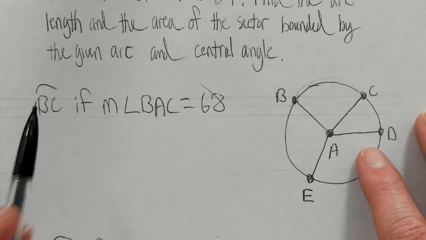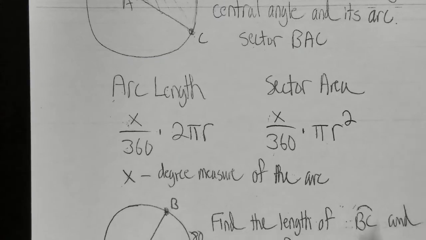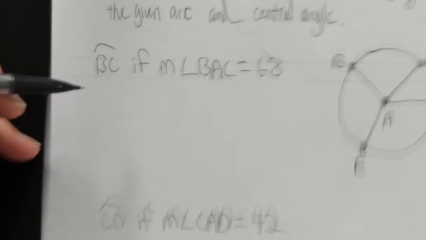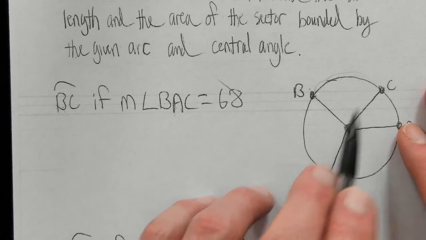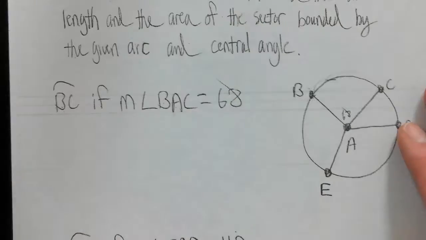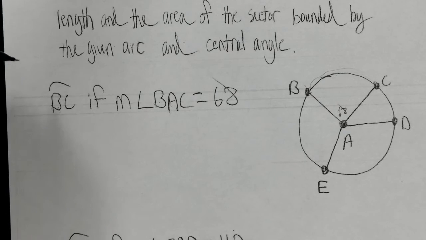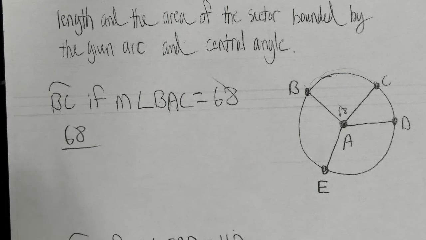And so I need to figure out, first of all, when I go to plug in for the arc length, x over 360. That's the first thing I need to find. My x is going to be the measure of BAC. The measure of BAC is 68. So that's 68 degrees for that central angle, which means the arc is 68. So it's going to be 68 over 360